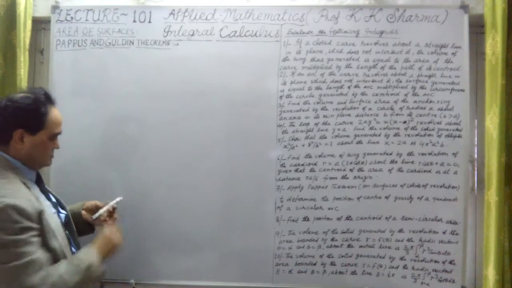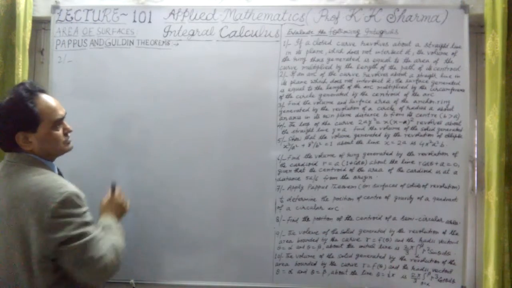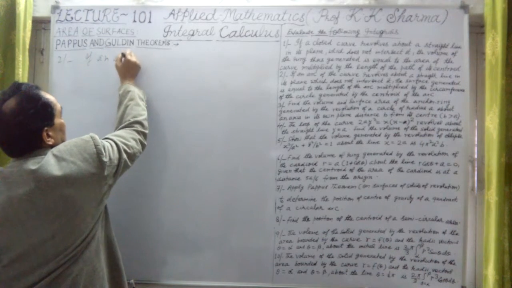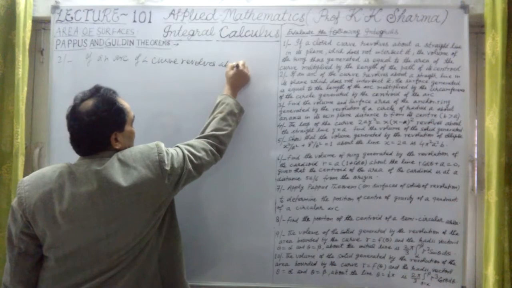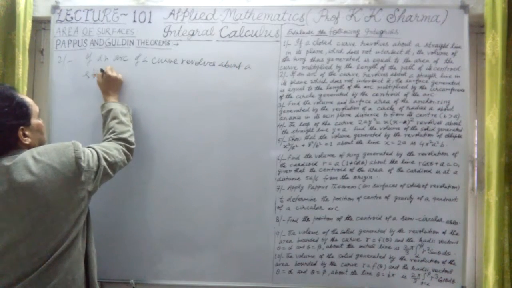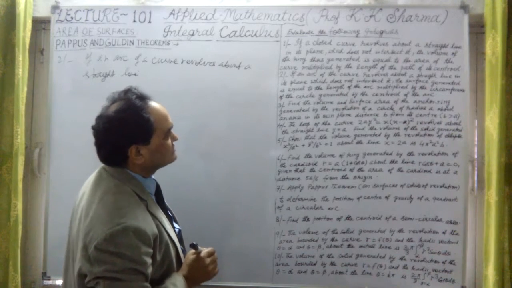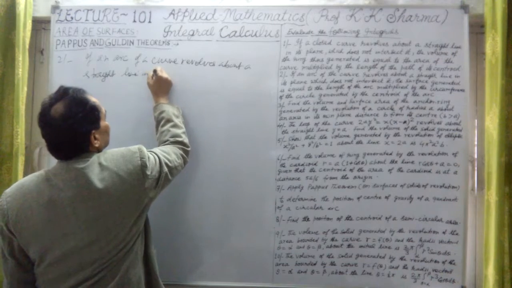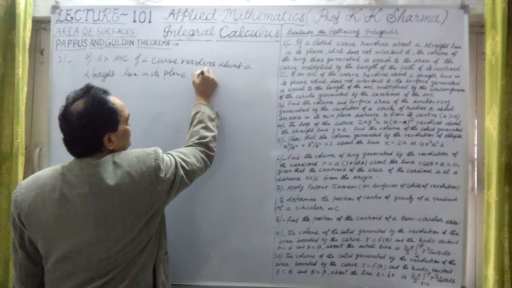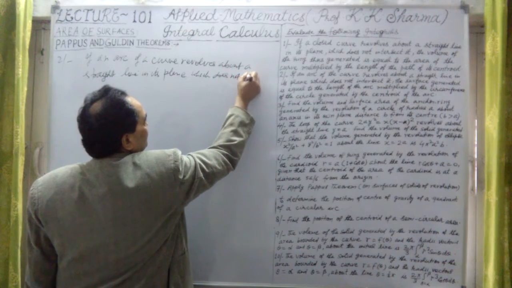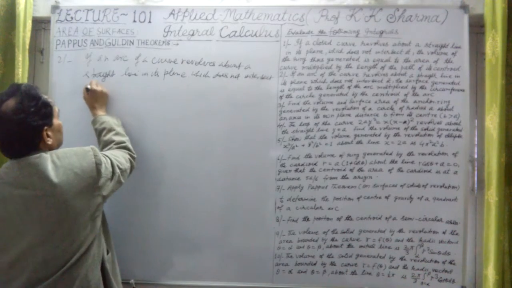Now the second theorem says: if an arc of a curve revolves about a straight line in its plane, a straight line which does not intersect it,